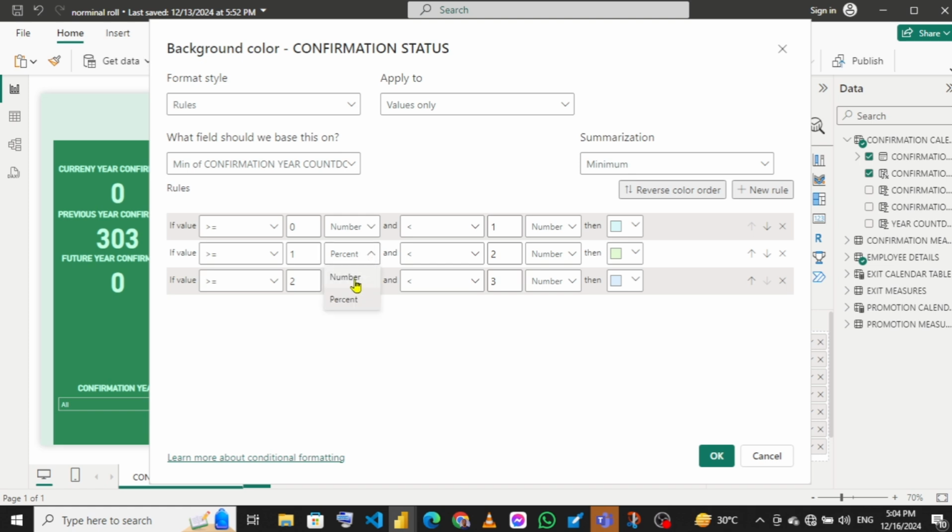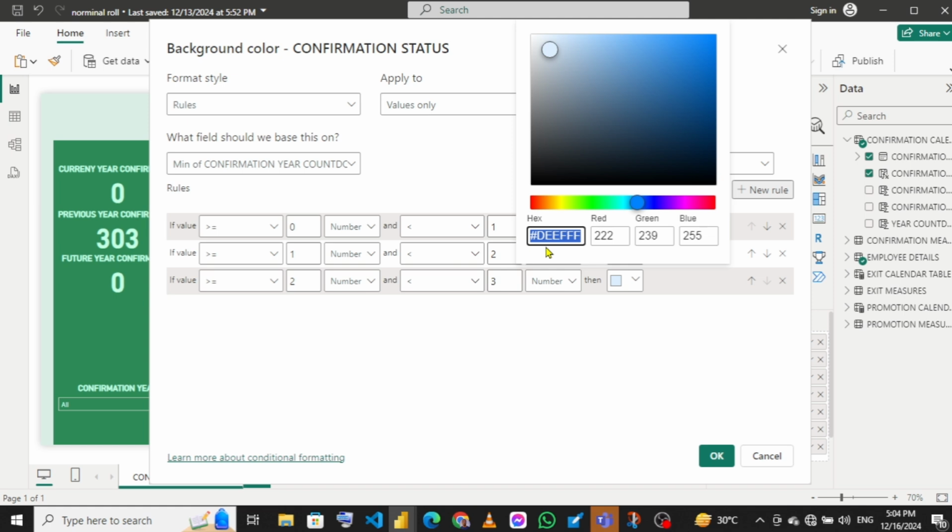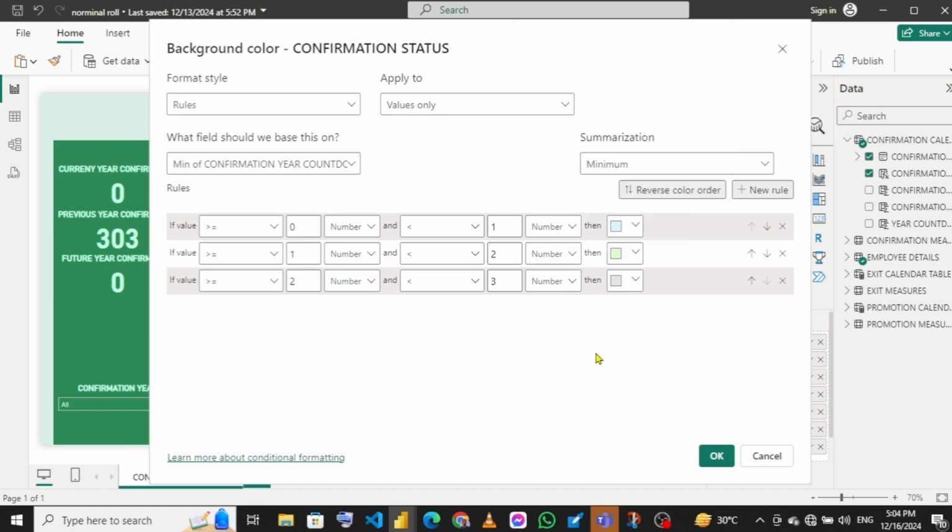So I'm going to change this to number. Then the color code. Check my color code out. This is going to be E6. All right. So on a recap of what we're saying, which is if it's 0 years,